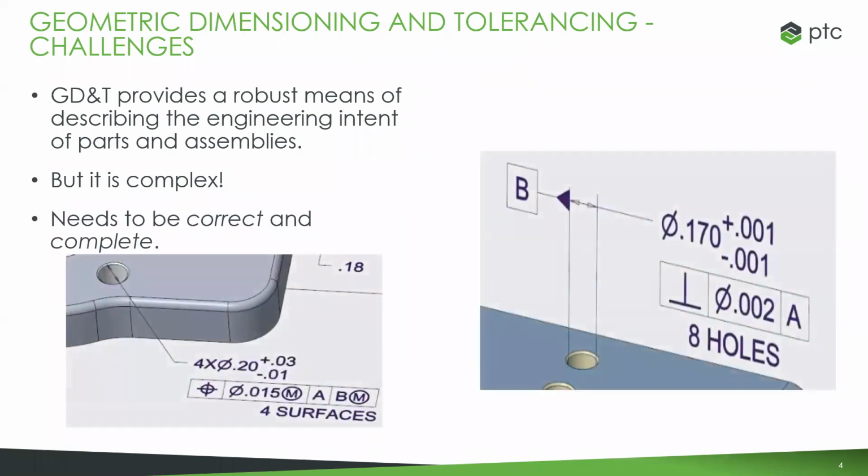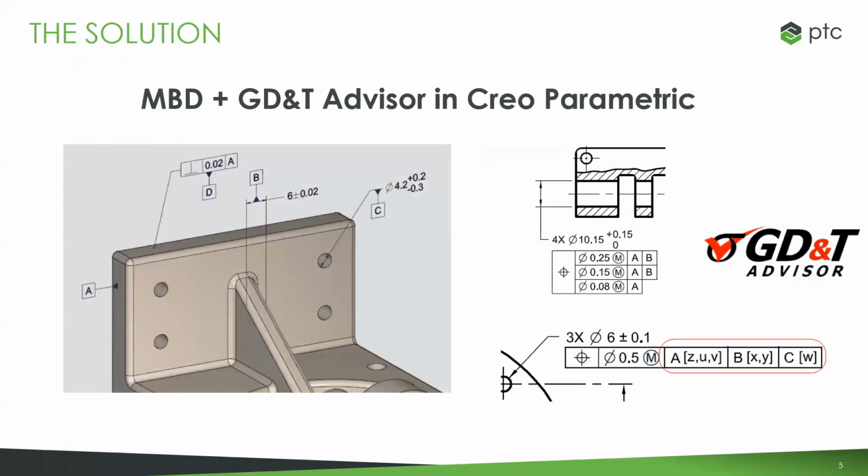But for GD&T to really be useful at the end of the day, it has to be complete, and most importantly, it has to be correct. Because if your models aren't fully defined by those dimensions and tolerances, it kind of defeats the purpose. So in order to combat a lot of those challenges, what we've done is work with Creo, especially over the past couple releases, to give you tools to work with GD&T and get your entire enterprise up to true